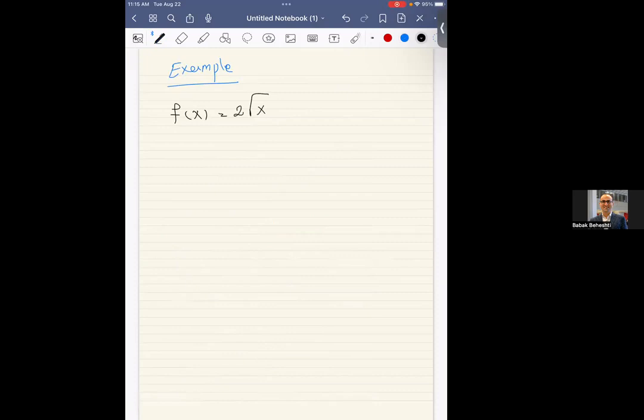Then we want to find the instantaneous rate of change, which is just the limit of f of x plus h minus f of x divided by h as h goes to 0. So this is equal to 2 times the square root of x plus h minus 2 times the square root of x divided by h. And then you have to take the limit